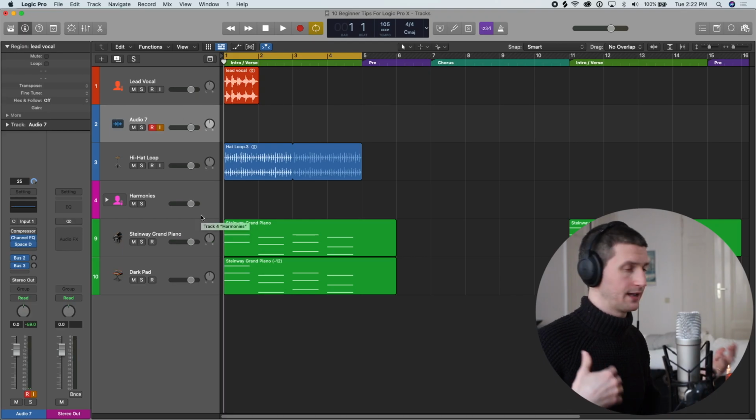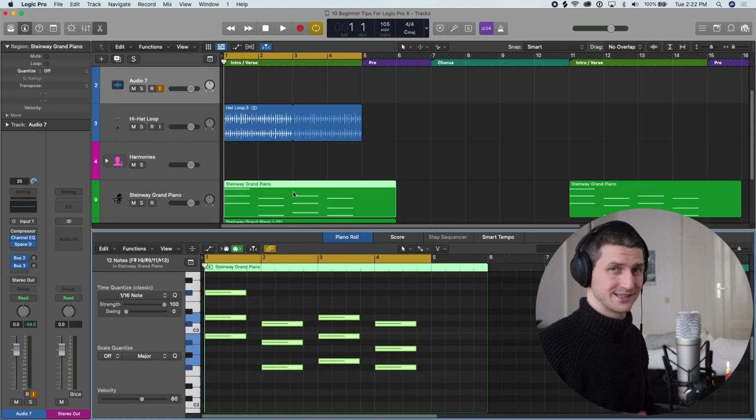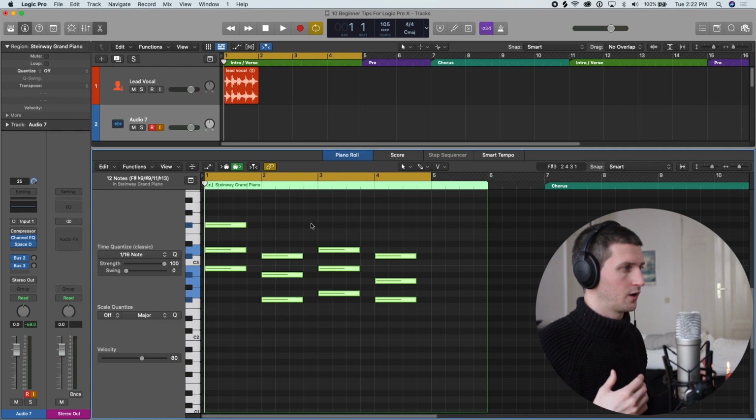Tip number 8 is using the MIDI editor, the piano roll editor, when you're editing MIDI data. How we get there quickly is double clicking on the Steinway Grand. We can also press E on our keyboards. Two tips I want to mention in the piano roll editor that I find I'm often using are to extend